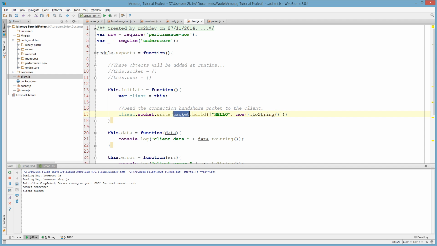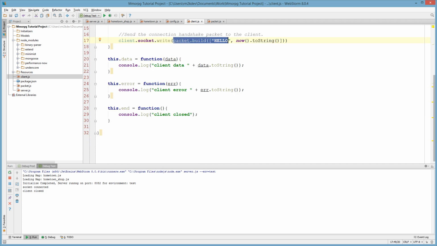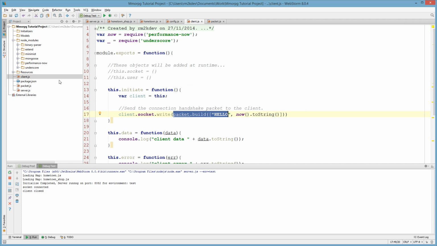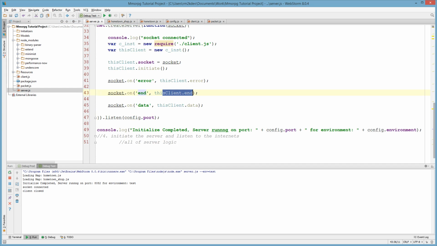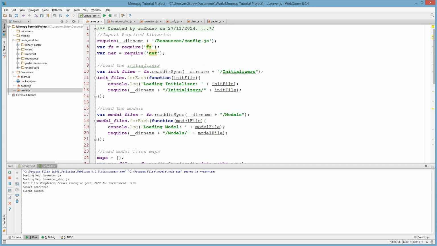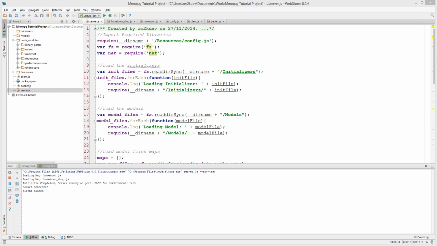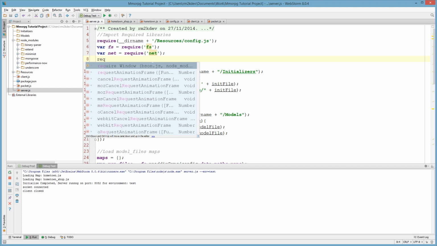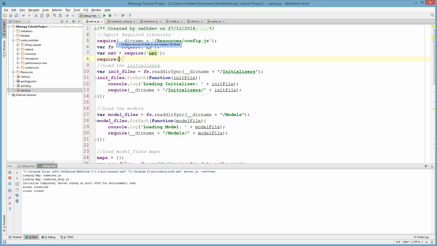Now, obviously, packet.build doesn't exist in the scope of this application, and it hasn't been required into the application at all, so it's not going to work. It'll crash. So we need to jump back into server.js, the very top of our file. We're going to add the line to require that file in. Require, and it's going to say